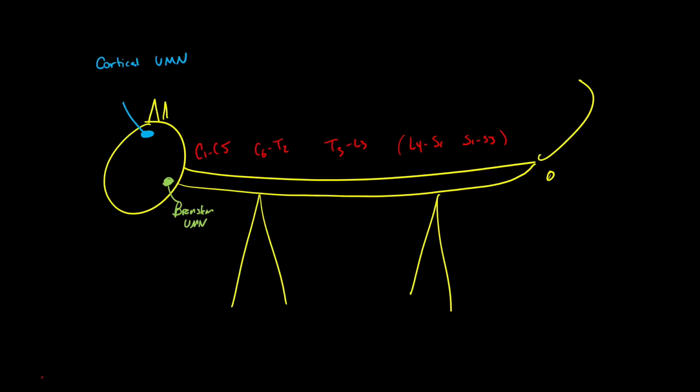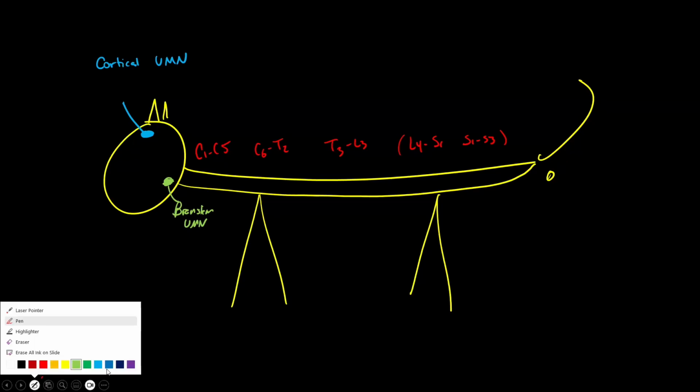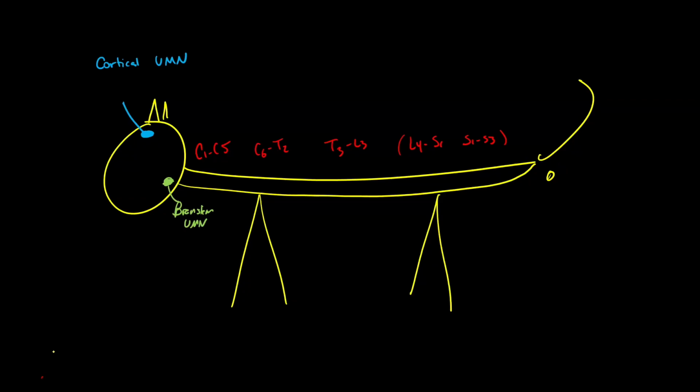Now, before we deep dive into how these connect to the system, the other big thing I want you to know about is those lower motor neurons. Those lower motor neurons are either the factory worker or they are the children, depending on what analogy works best for you. Remember, we said that upper motor neurons were going to be our supervisors or our parents. Well, these lower motor neurons are either our working class or our children, again, depending on which analogy works best for you. What I want you to be aware of